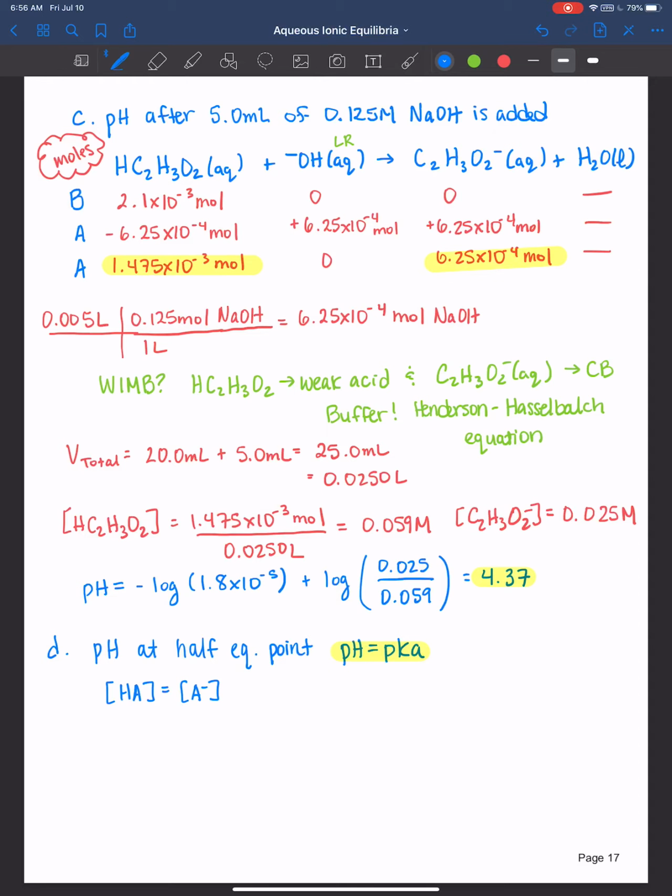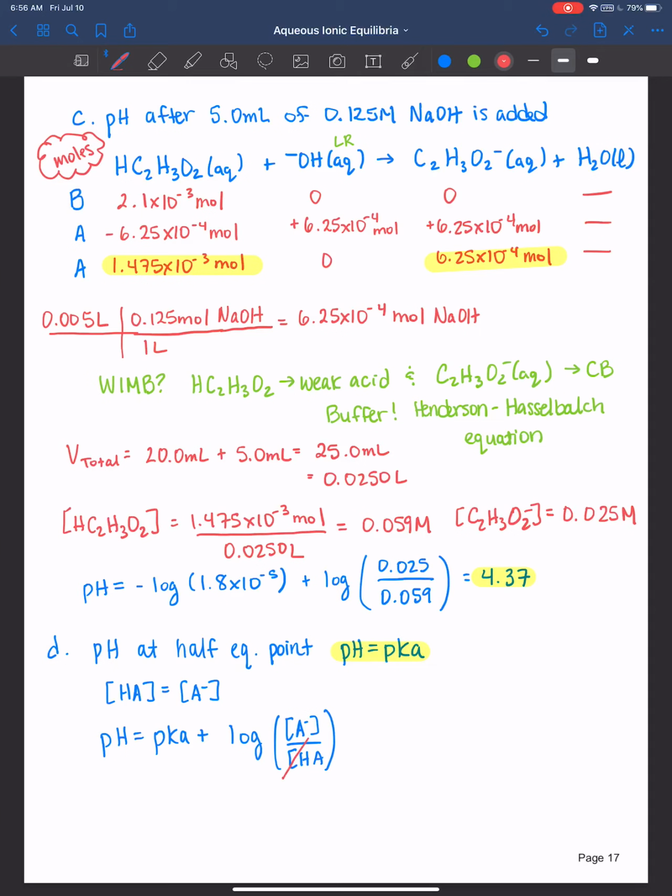So if the weak acid and its conjugate base are equal, if you were to plug that into the Henderson-Hasselbalch, because essentially you still have a buffer at this point in the titration,